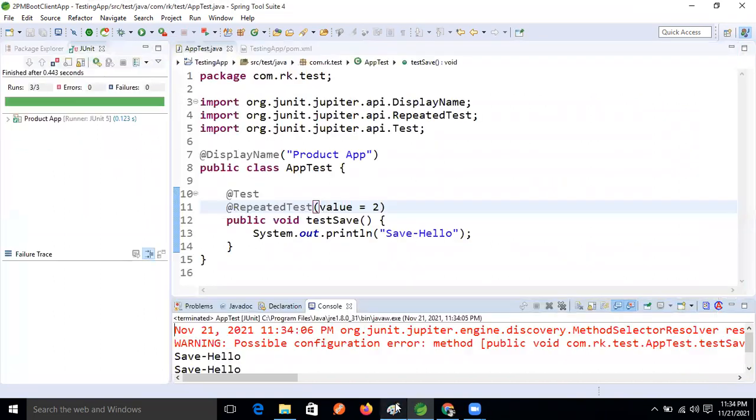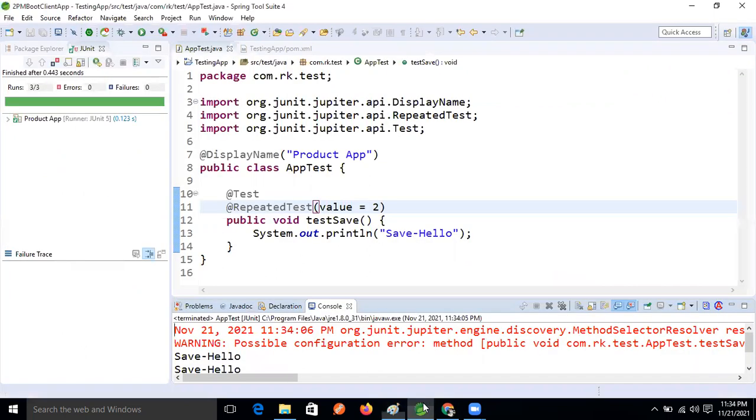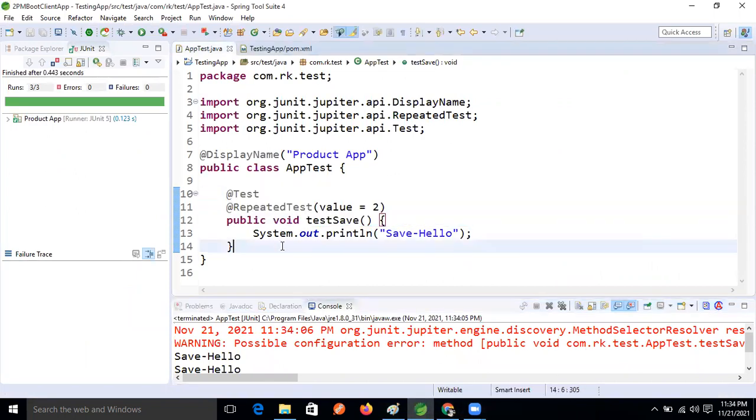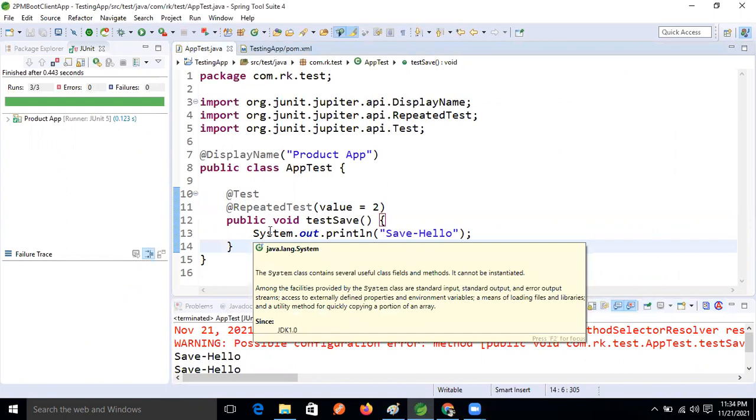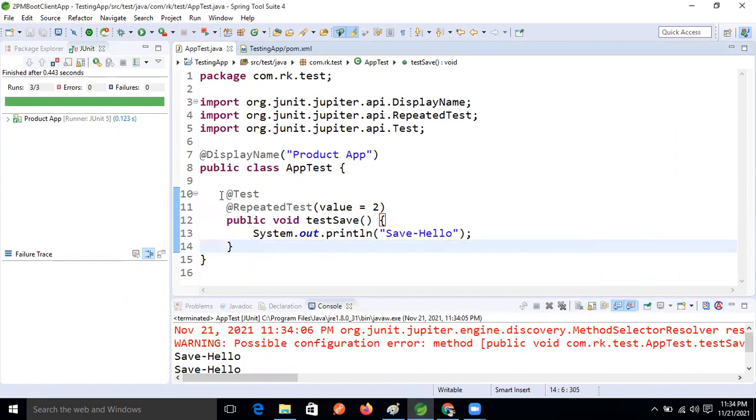Okay, let's understand the last one also, the @Tag. When we are using this tag, sometimes we are writing test cases that the developer executes in the developer environment.